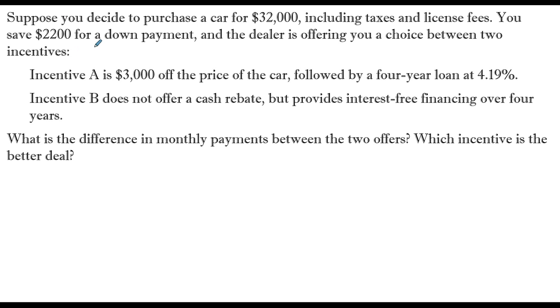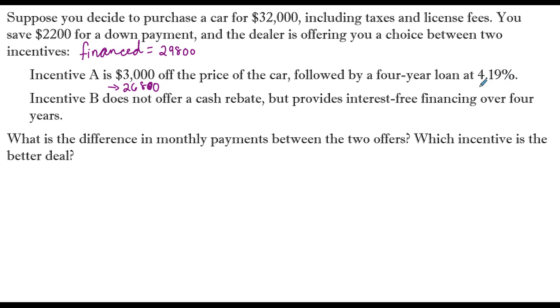Well, to start, we have to figure out how much money actually needs to be borrowed. The amount being financed is going to be equal to the purchase price minus our savings, which gives us $29,800. So we have to borrow $29,800. The first incentive gives us an additional $3,000 off of that, which means that we would only have to actually borrow $29,800 minus $3,000, which is $26,800,